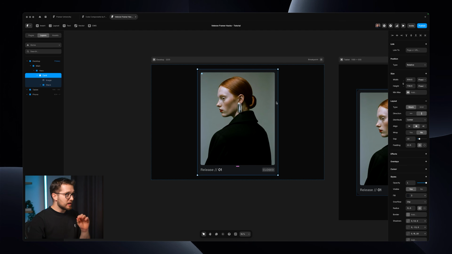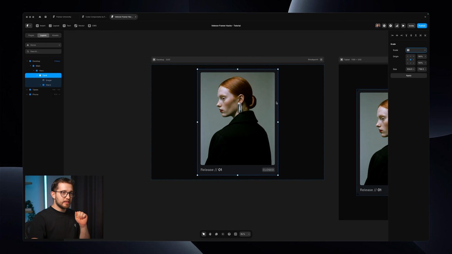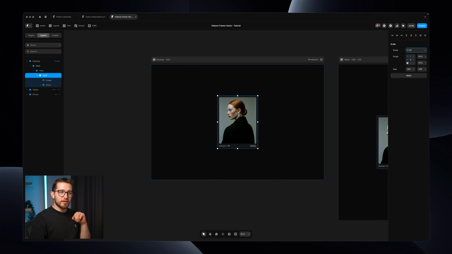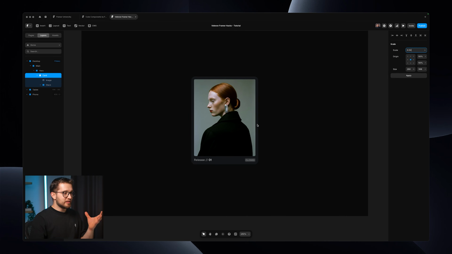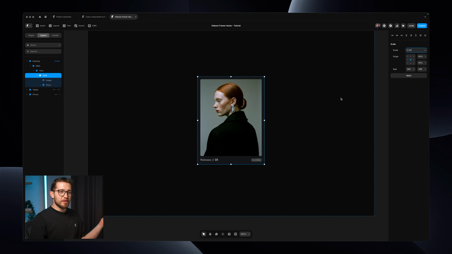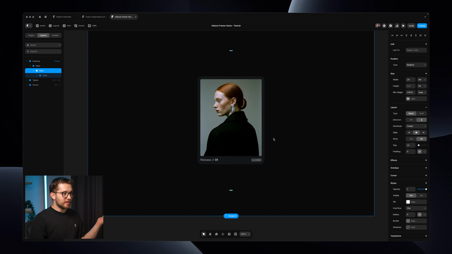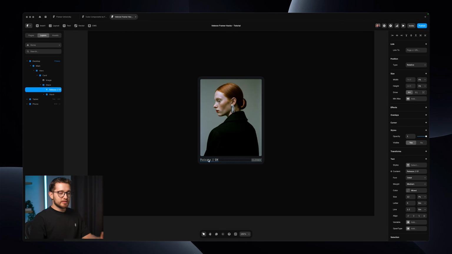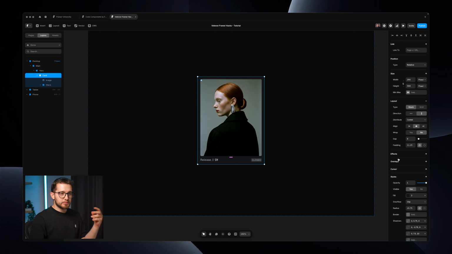So all you have to do is select the card that you want to resize, press K on your keyboard, and then you basically pull up the scale tool. As you can see on the top right, now we have this scale selector, and I can just maybe scale it down 0.5. And now you can see the whole thing just got scaled down, and I can just apply this, and now the card is smaller. And you can see everything got smaller, all the text sizes, all the corner radius values,